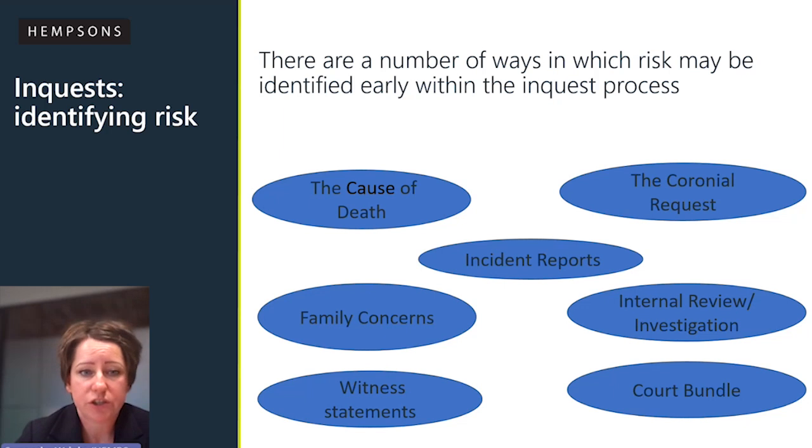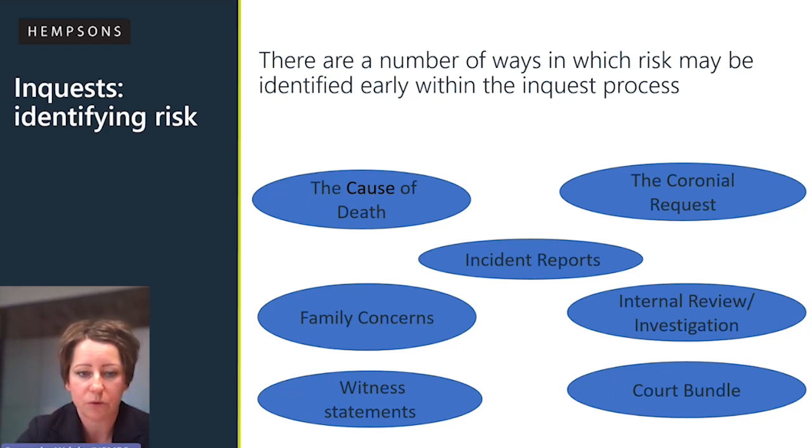Now, the ways in which we might identify risk early is as a result of maybe the cause of death giving us an indication that there may be issues. The coronial request itself might allude to potential issues or give you an indication that the coroner is concerned about certain aspects of the care and treatment. We might have incident reports linked to the deceased's medical record that raises concern. The family may have raised concerns themselves. PALs and complaints might be able to assist with that. There may be an internal review or investigation that's ongoing that will flag up potential concerns, or the court bundle